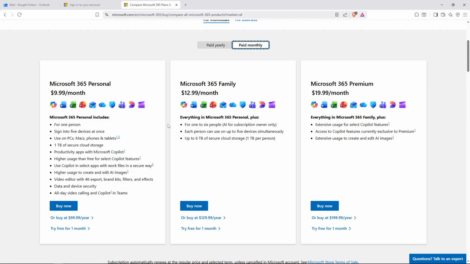Now head back to your Outlook web app and refresh the page. With your new subscription active, all advertisements inside your Microsoft Outlook 365 web app will be removed. Your inbox will be clean and ad-free, allowing you to focus entirely on your emails without any distractions. And that's it. You've successfully hidden adverts in Outlook by upgrading to a premium